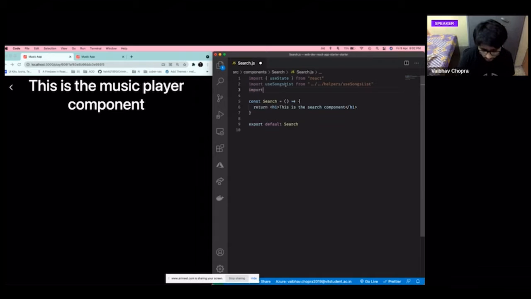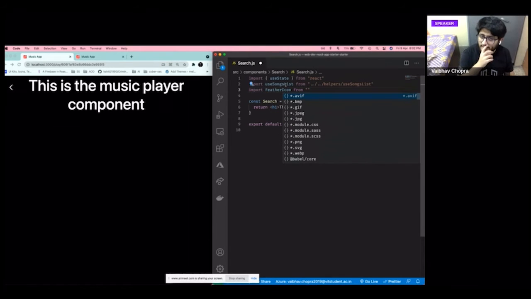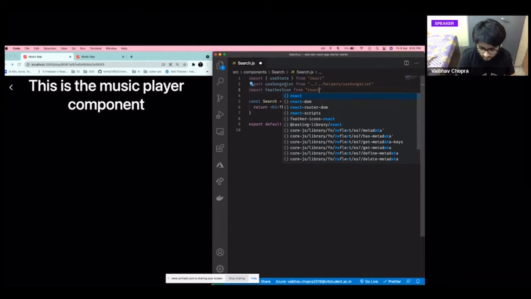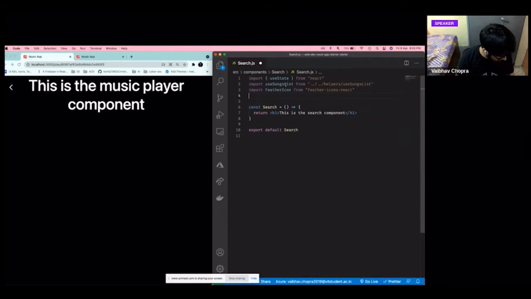Then I'll import feather icons again because I think in this search part I'll need that search icon again because I'm using it in two places. I'll import feather icons React again. And once more, because I will be routing from one page to another page, I will require the link tag.